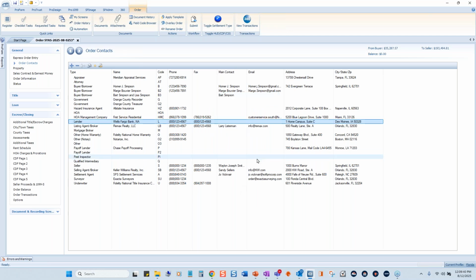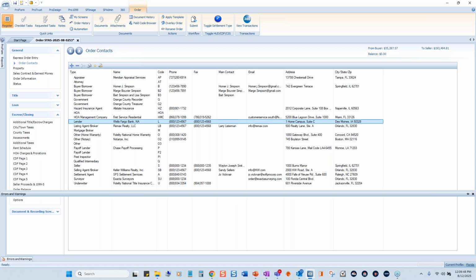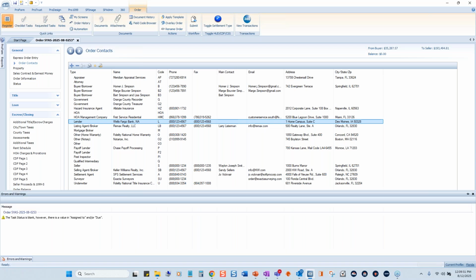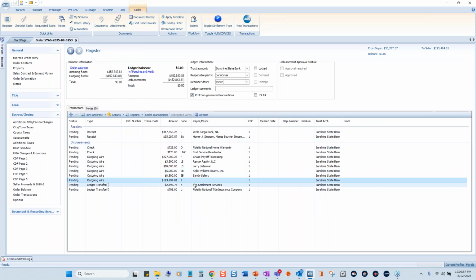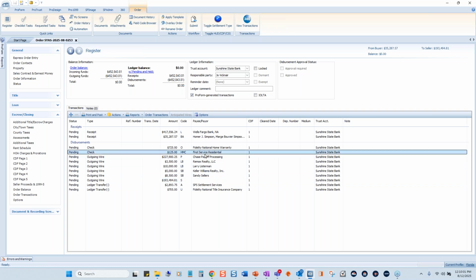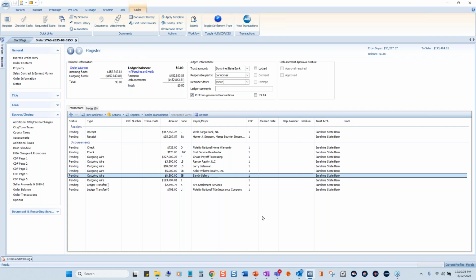Now, again, those additional outgoing wire fields, as well as the wire verification fields, are also going to be populated not only in those order context screens, but within the register themselves. You'll see here that I now got an empty check of seller proceeds right away. But if I double click, actually, let's double click our